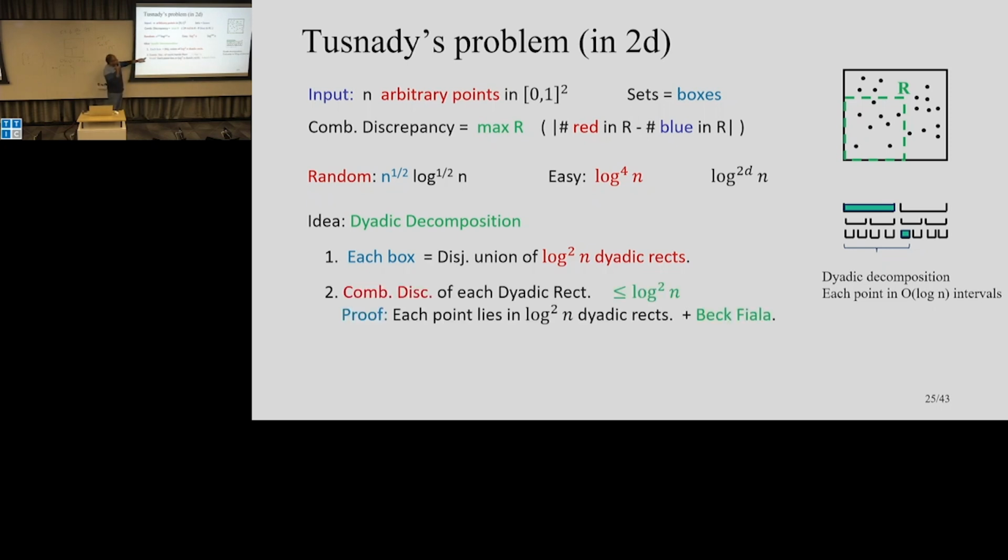But now if I look at these dyadic rectangles, I have another great property: each point in my space only lies in log square n dyadic rectangles. Let's see why, by looking at the interval case. If I look at any point here, it will only lie in one interval at each level, right? So that's log n, and the tensoring will tell you it lies in at most log square n. So now if you look at dyadic rectangles, it becomes a column sparse problem with log square n sparsity, and I can use this vector.